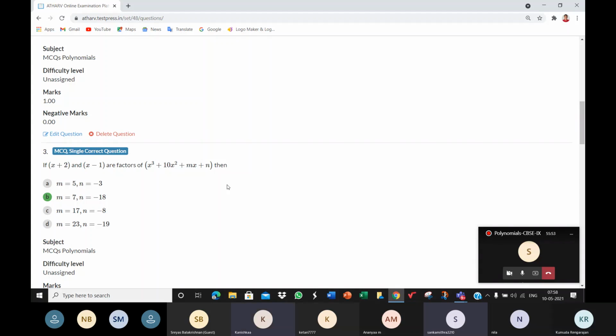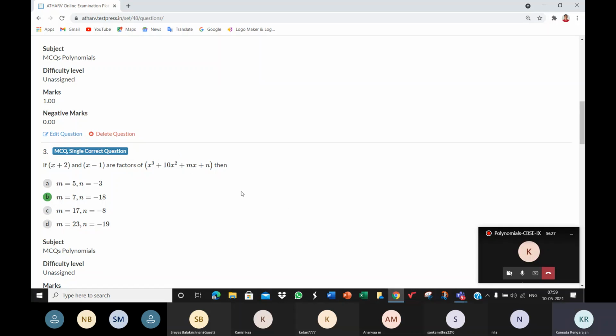Linear. It must be linear, ma'am. No. What is p? What will be the value of p of minus 2? 0. That is very important. P of minus 2 is equal to 0. Since x plus 2 is a factor of p of x, when you find the value of p of x at x is equal to minus 2, that is when you find p of minus 2, the value will be 0.